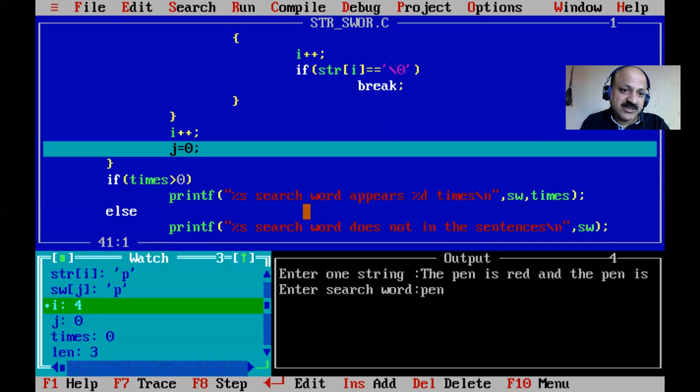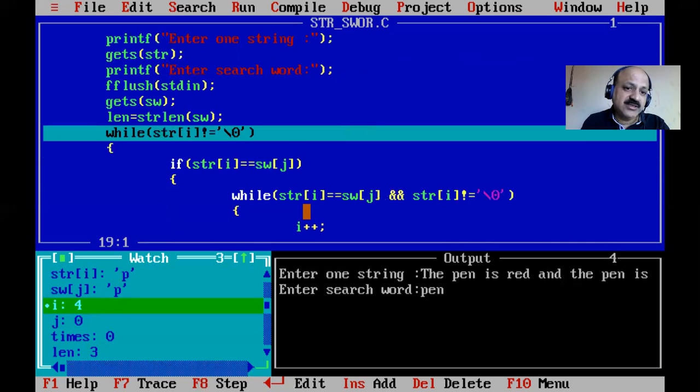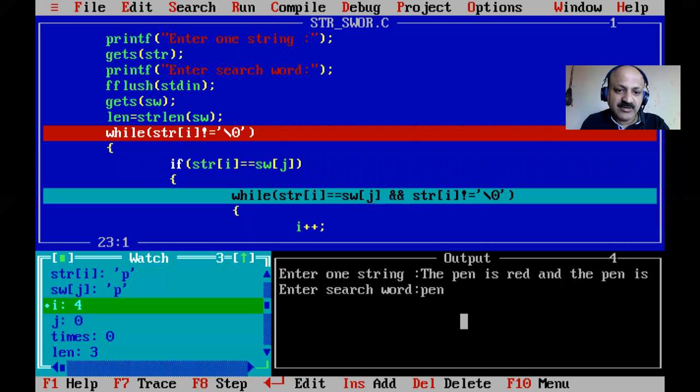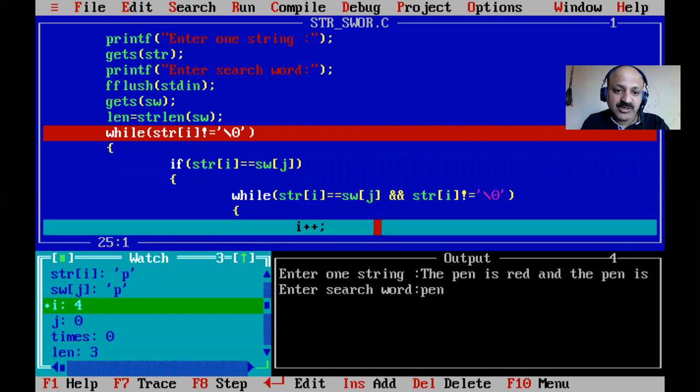And i plus plus, yes, and j assigned to 0. Yes, here you can already assign 0. Now again the main while loop is not null, so now our first word, the search string and search word, are equal. Yes, here perfectly equal because p and p are both the same. Our search word is pan, and our statement is taking the p of pan letter first, so that is equal. So here how is that equal? Yes, and not, both conditions are true, then i plus plus, j